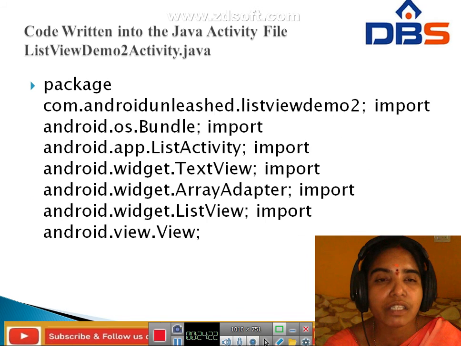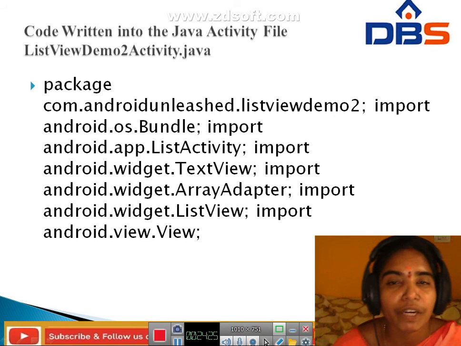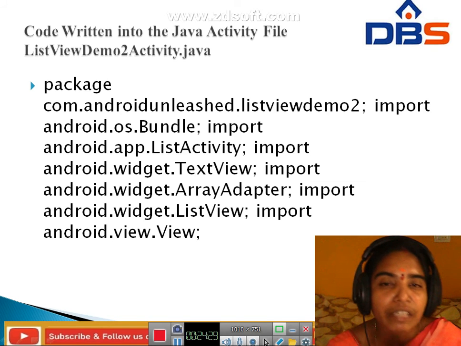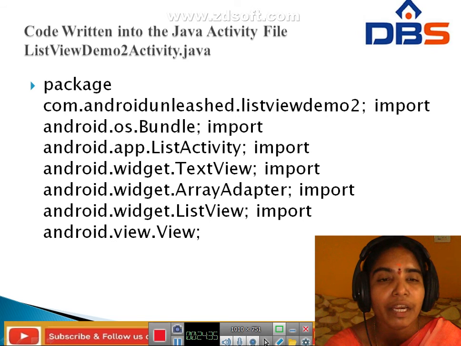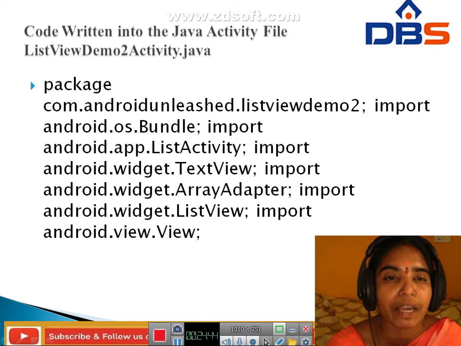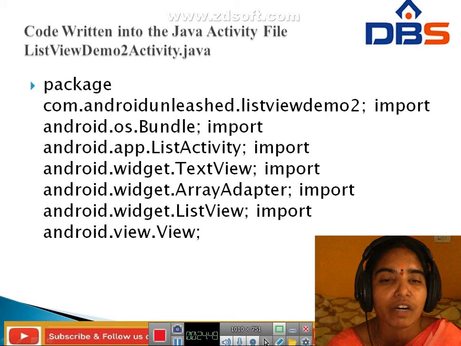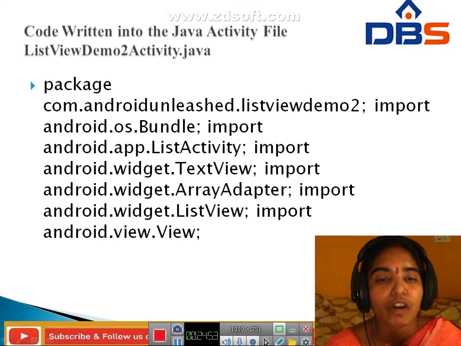Now how to write the code for the ListViewDemo activity. In the package already written, import android.os.Bundle, import android.app.ListActivity, import android.widget.TextView. Next, add ArrayAdapter, import android.widget.ListView, and import android.view.View.